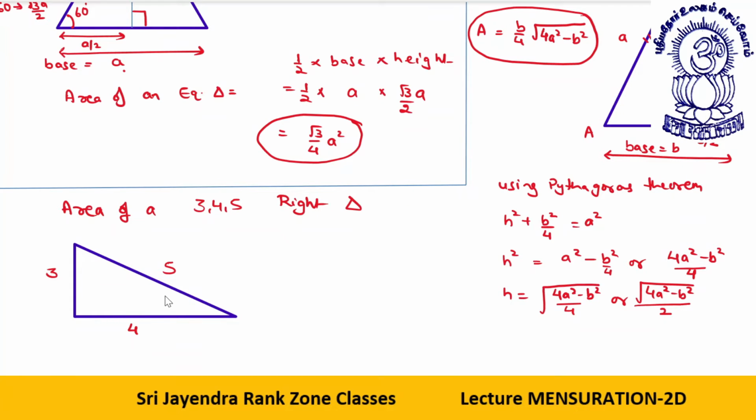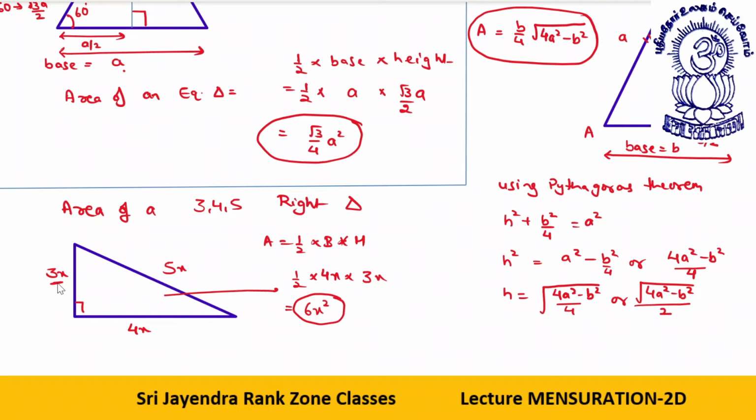Okay. So what will be the area? This is 3x, this is 4x, this is 5x. So the area will be, this is perpendicular, suppose, half into base into height, so that gives you half into 4, that is 2. So the final area becomes 6x square. Is it clear? This is the direct result.